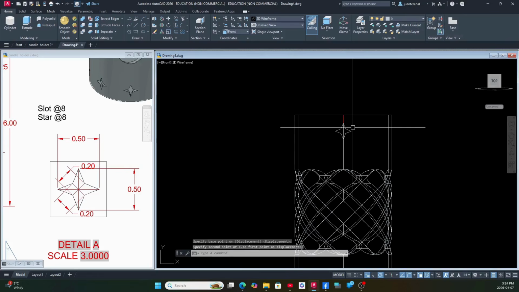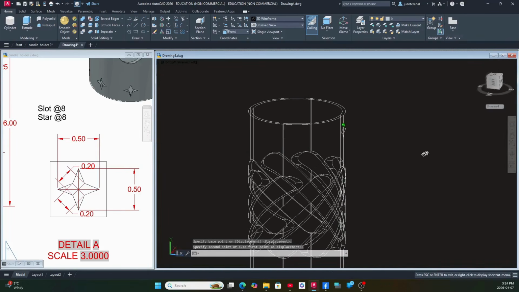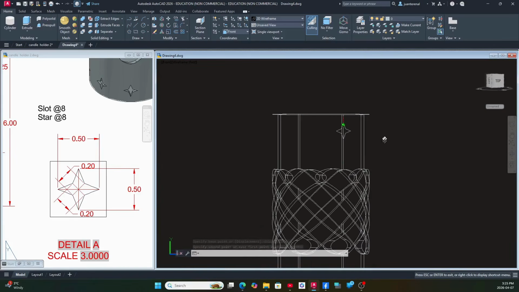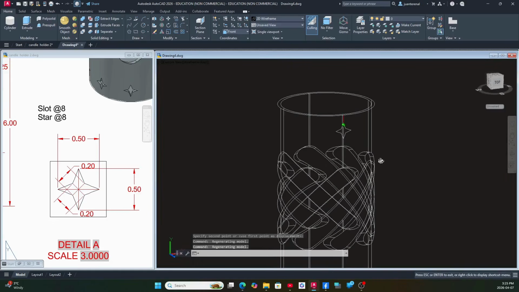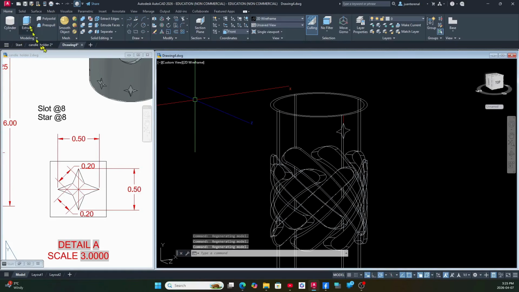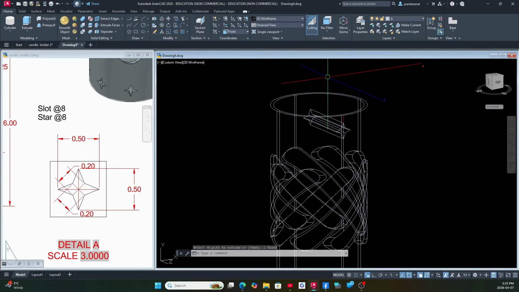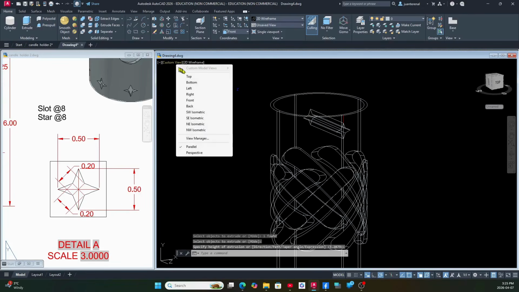All right, and extrude. So hold on the shift key again and the wheel of your mouse to get the desired view, which is easier for you. All right, so extrude command inside the modeling panel, select extrude and extrude it towards the center. It doesn't matter here or here as long as you don't go through the object. There you go, and then go to top view